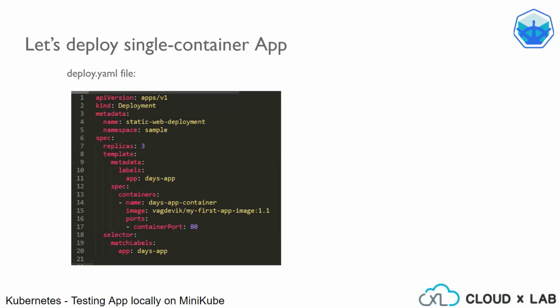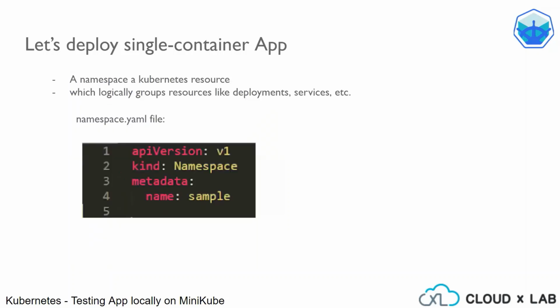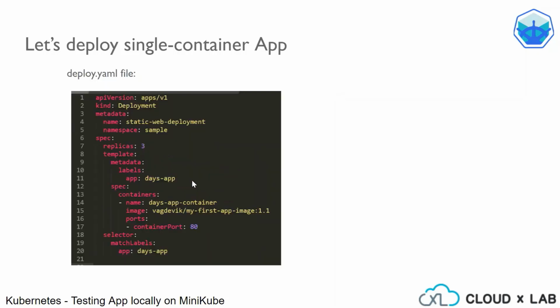So we are naming the deployment static web deployment, and we are mentioning that this particular deployment should belong to the sample namespace, which is nothing but the name of the namespace which we have mentioned previously in the namespace.yaml file. So basically we created this namespace with the name sample, and we are telling that this deployment should belong to that sample namespace.